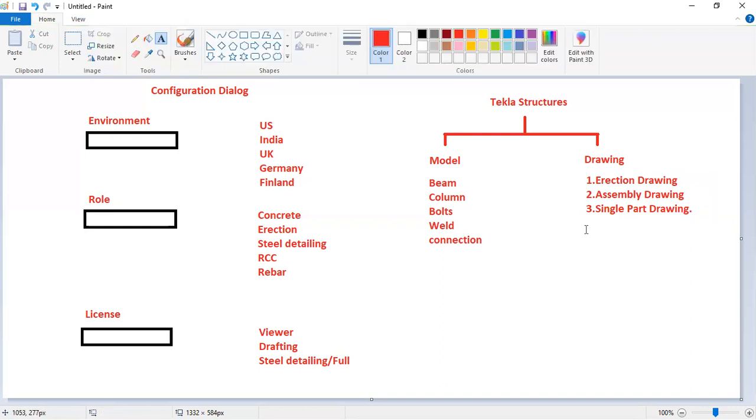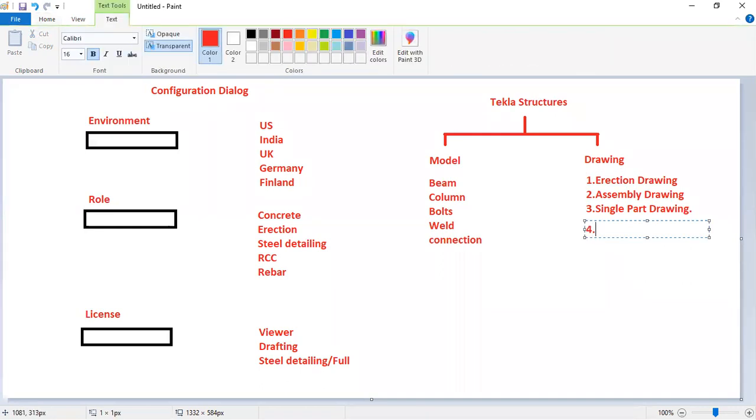And there is one more type of drawing, the multi drawing, which we generally use in the US standard. So wherever we are working in a US standard type of job or project, at that time we will have this multi drawing. We need to submit this kind of drawings. Basically, all these drawings we need to submit.